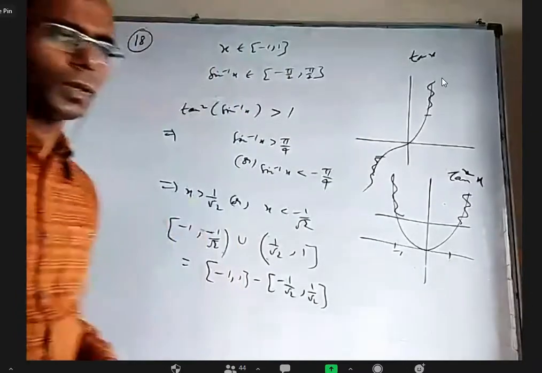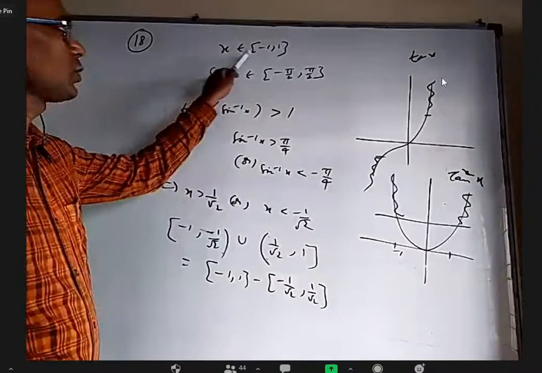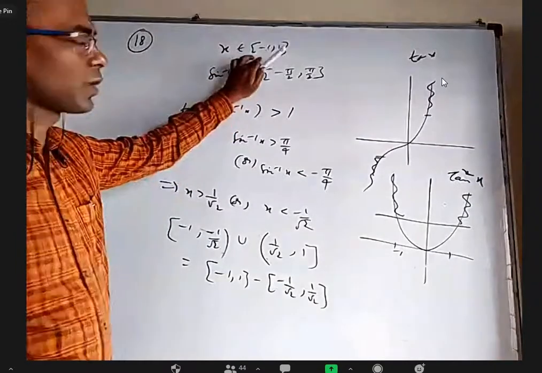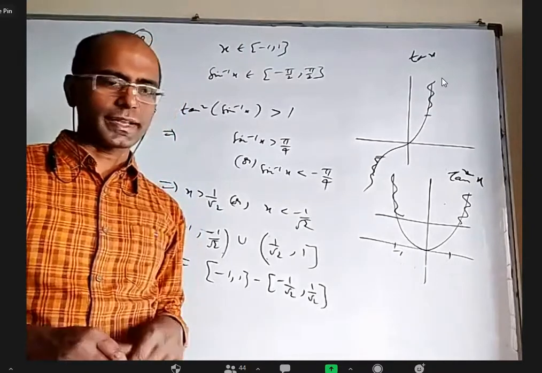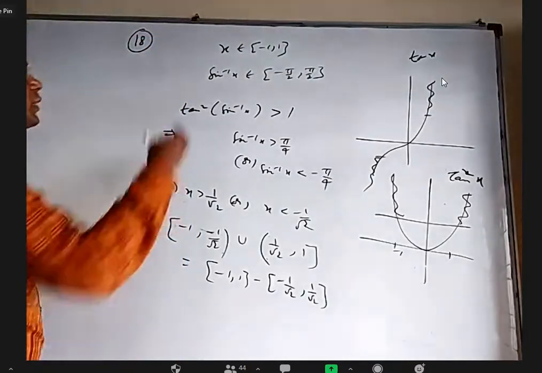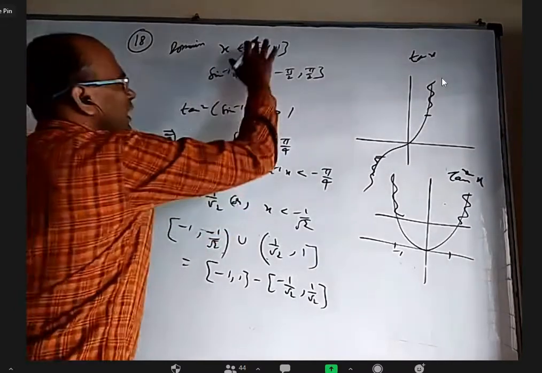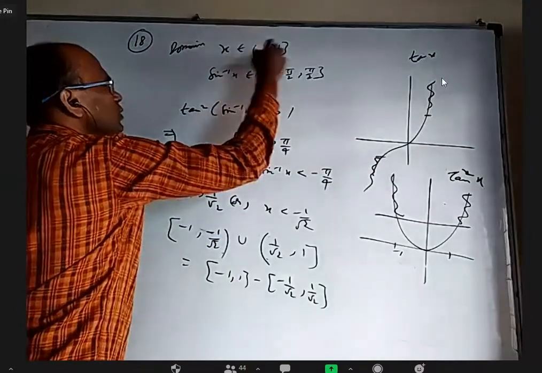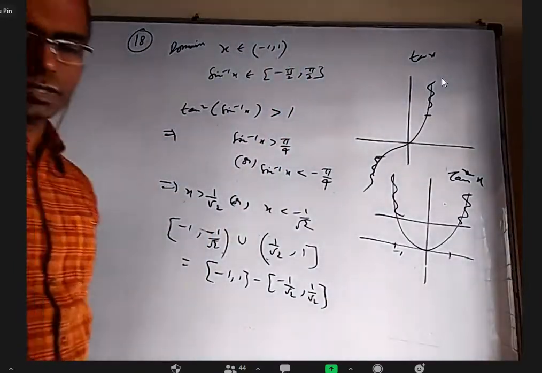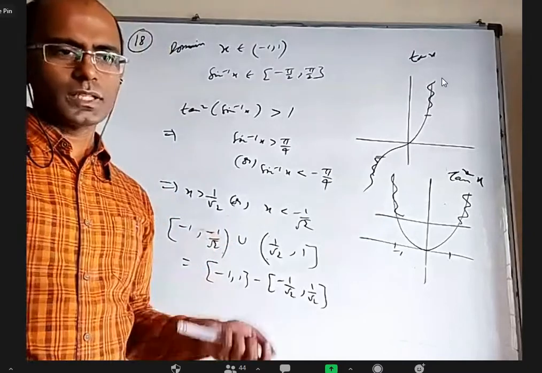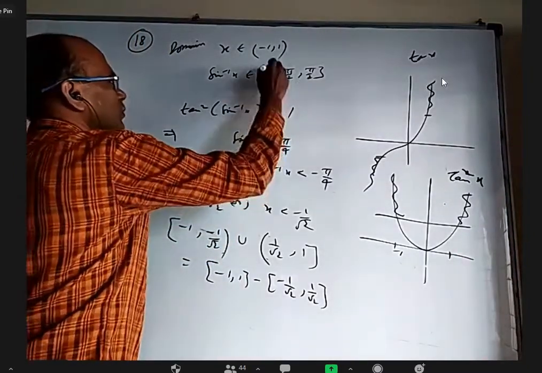One very important point here. Yes, x should be in the closed interval minus 1 to 1, but there's a small mistake. When x is 1, it will become pi by 2 and tan pi by 2 is not acceptable. It will not be defined. So first of all, the domain of the question is x belongs to the open interval minus 1 to 1, not the closed interval. Because at that time, sin inverse x will be in the open interval minus pi by 2 to pi by 2. So I should write open here.